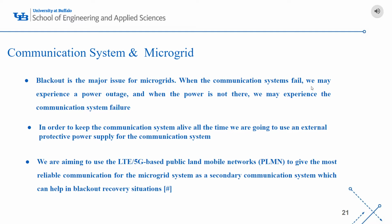Communication system and microgrid. Blackout is the major issue for microgrid. When the communication system fails, we may experience a power outage, and when the power is not there, we may experience communication system failure. Disasters and severe weather conditions can cause the power outage and communication failure. In some emergency circumstances, the communication network can experience an overload situation due to the high demand, and this can cause